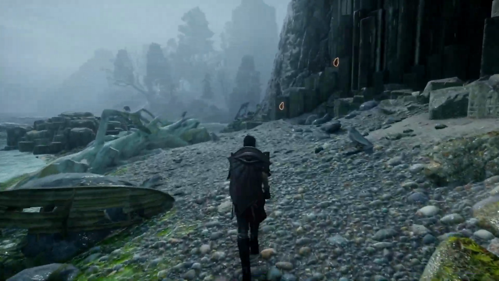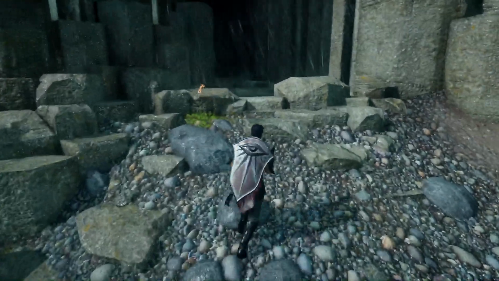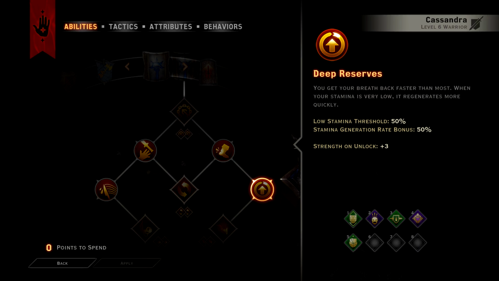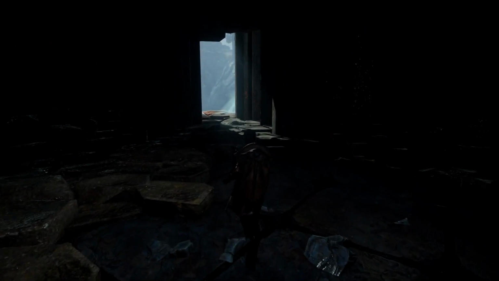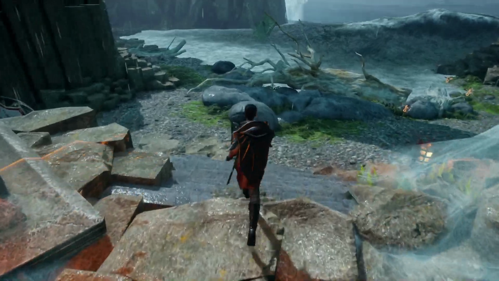For your final 2 late game points, I recommend getting 2 more passives in the Battlemaster tree, Hamstring and Deep Reserves. Hamstring reduces an enemy's speed by 50% if the warrior hits them from behind, and grants +3 strength. Deep Reserves is the more important passive because it grants a bonus of +50% stamina regeneration when the warrior's stamina is below 50%, and grants +3 strength. The stamina regen is very useful so that Cassandra can spam her taunting and guard building abilities as much as